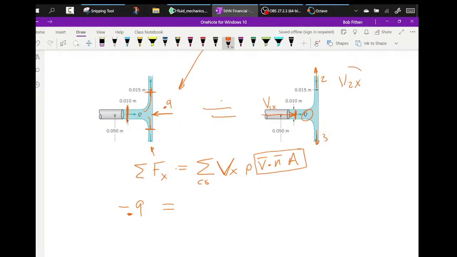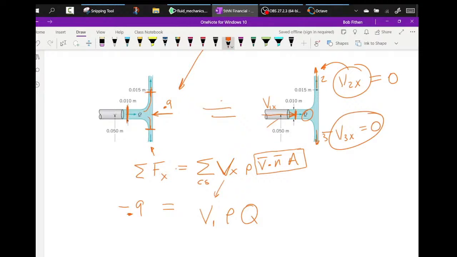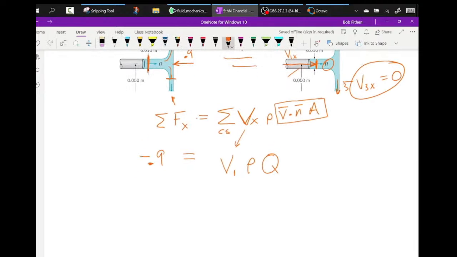V2, x component, there is no x component here, it's 0. V3, the x component, there is no x component here, it's 0. So all you get is the Vx, or V1, or whatever you want to call it. We'll call this location 1. You get V1 times rho times Q. That's it. Now, if you want, you can say, well,